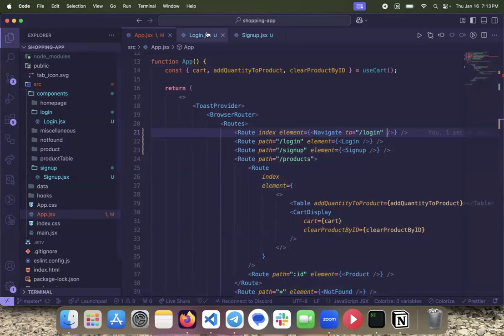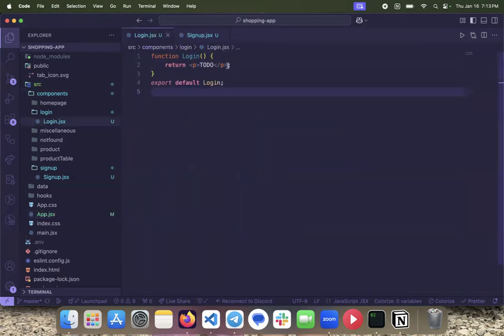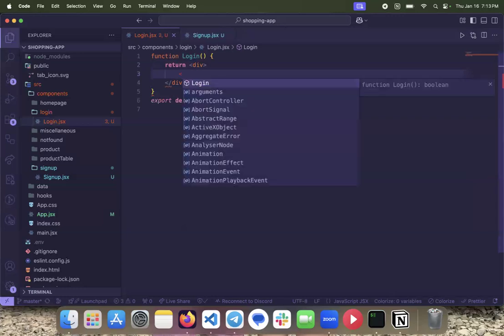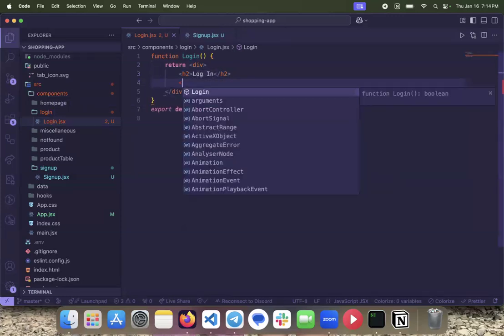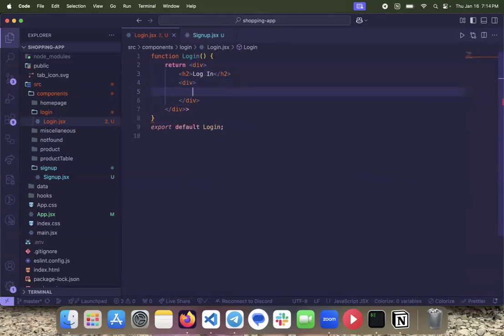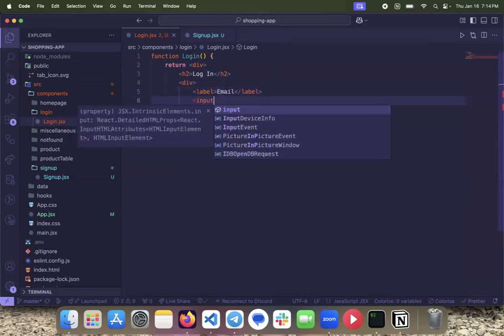Cool. Let's throw some stuff in here. Our login component, we're going to make a div. We will make an h2, it says login. Make a div with a label. Login with email. And an input